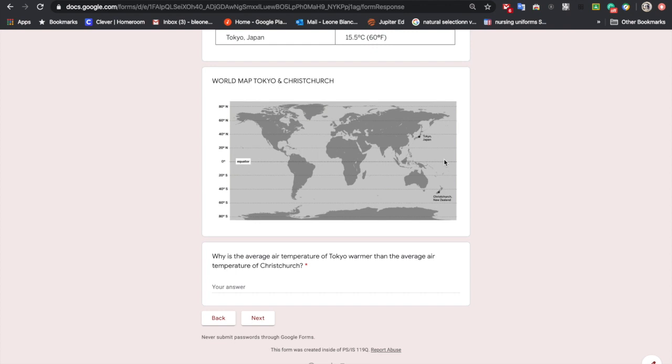And Tokyo is about 35 degrees north, and Christchurch is about 45 degrees south. So again, Tokyo is still closer to the equator. So you can actually use the same outline as the question before to answer this question. Again, this might be a good time to press pause so that you can answer the question. I'm just going to write the word answer so that I can go on to the next question,